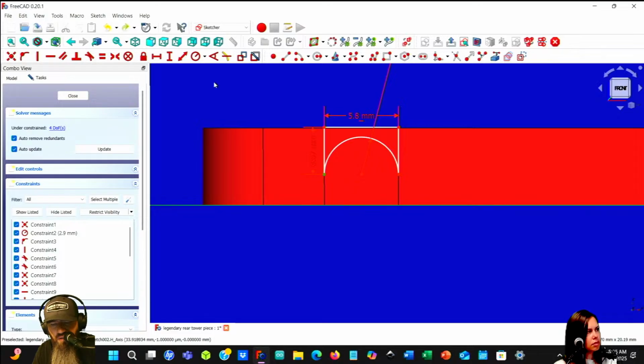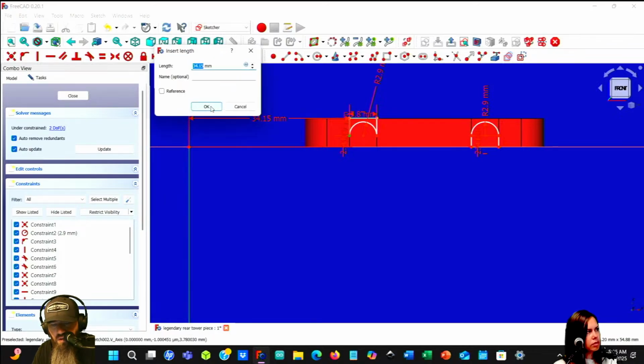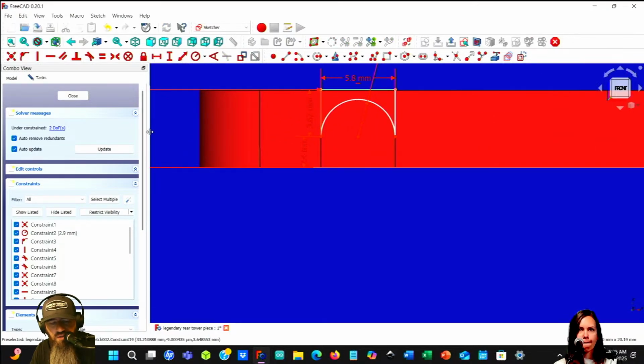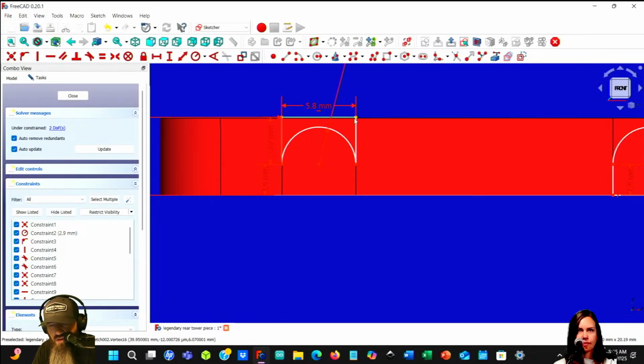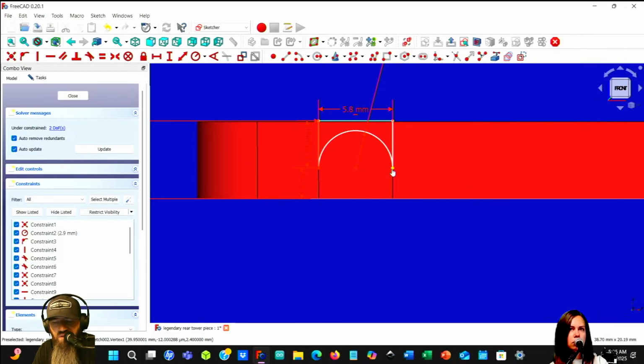So let's define this from here to there at where it is at 2.4, and then from here to here at that. Okay, what else do we have to constrain? This one, okay, that one's constrained. Looks like it's fully constrained. I think. I can't move anything, right?